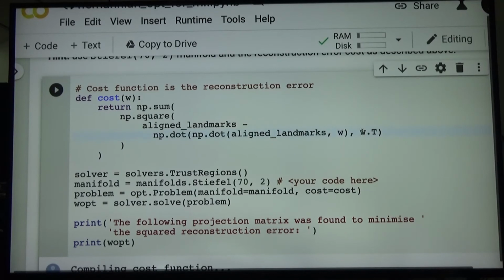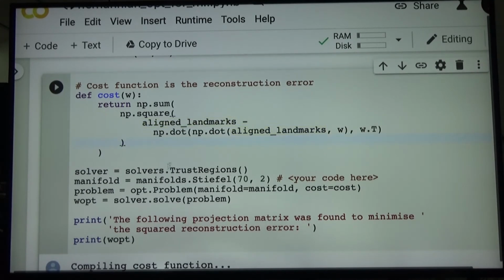Then you restore this 2-dimensional representation back to a 70-dimensional representation, and you compare this result with the original aligned landmarks. And you optimize it on a Stiefel manifold of orthogonal projection matrices from 70 to 2, okay,